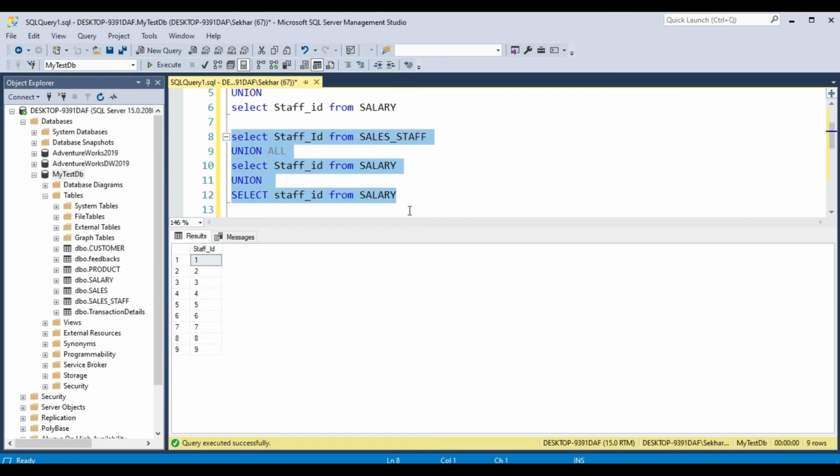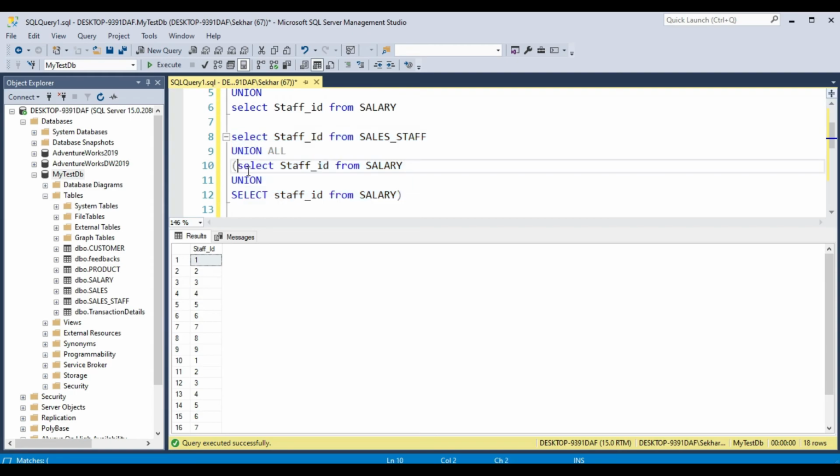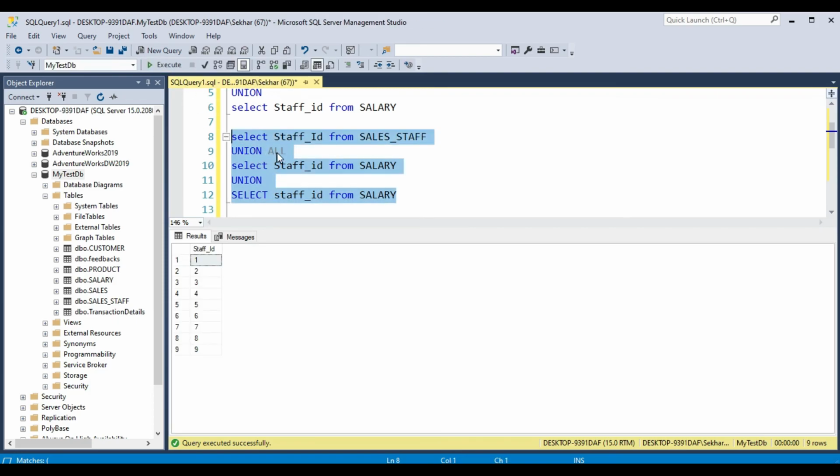So be careful about what you exactly want. If you want the second part to be executed first, you can add a bracket here. Without the bracket you are getting only 9 records, because the first union all is executed, then after that the union is executed, which removes all the duplicates.